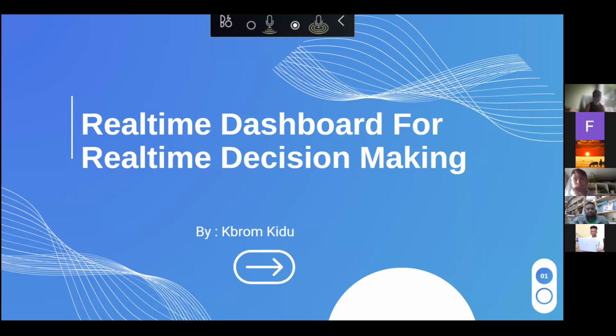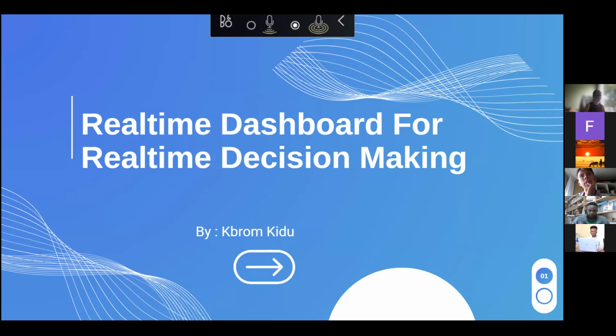Today I will be presenting related to dashboards, which is titled real-time dashboard for real-time decision making. Before diving into how we can clone the dashboard that we stored in the GitHub repository, let me use a few minutes to present on this topic. Then we will see how we can clone, and we'll have a small walkthrough and a demonstration of the dashboard that was developed about